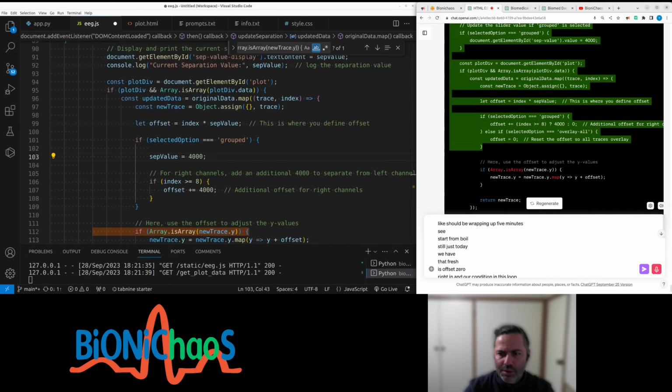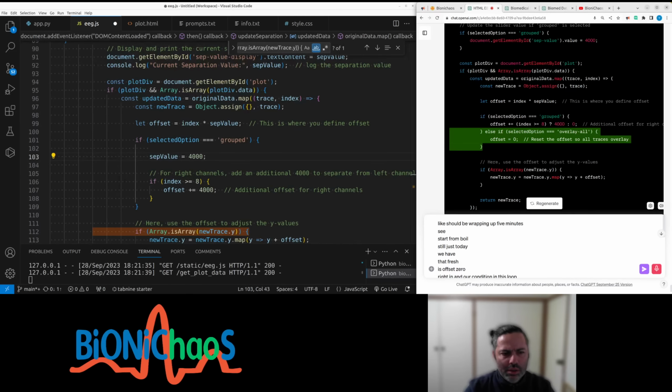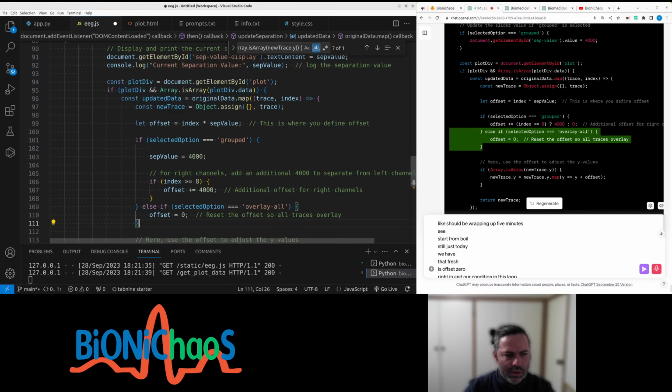Else if, section overlay all offset. What's the difference between